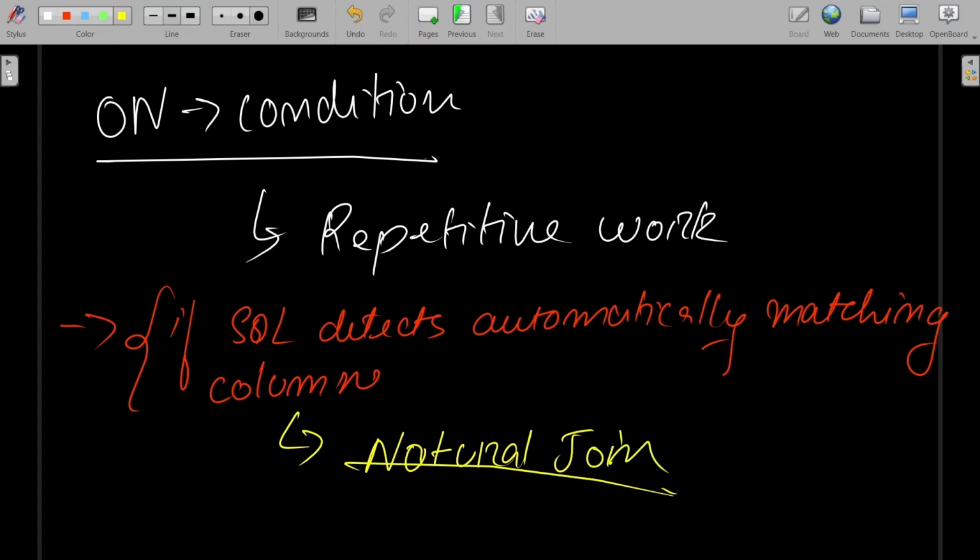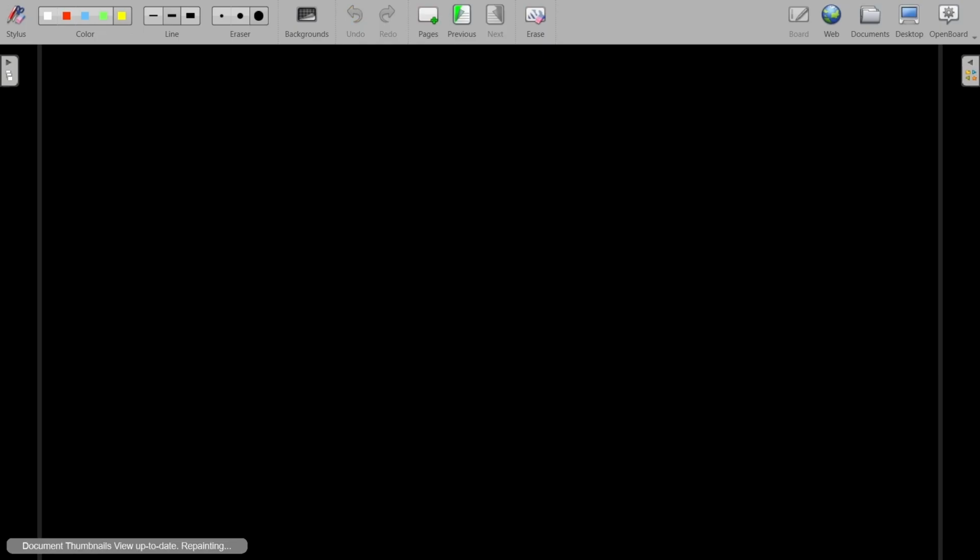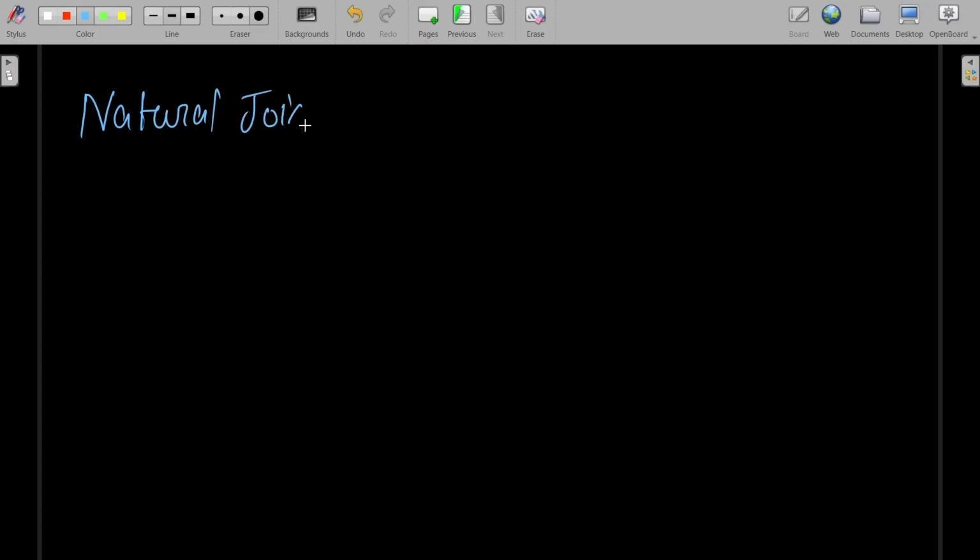Okay, so basically natural join helps to detect automatically the matching columns from both the tables and create a join. So this reduces the repetitive work of putting on the ON condition every time. So if you go in the core, natural join, if you write it this way,